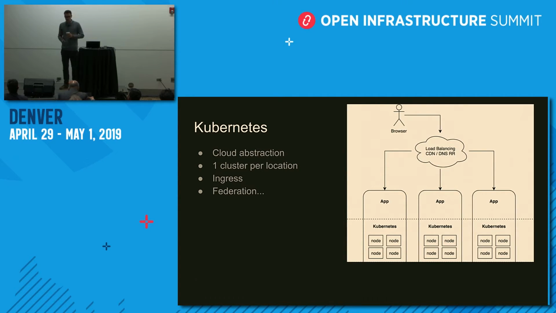What's really, really, really important is to do one cluster per location. It's a really bad idea to do one cluster across several locations. You're kind of destroying the benefits you get from Kubernetes if you do that. So if there's one thing to remember, it's don't do stretch clusters, basically. So yeah, we have one cluster per location, and then we'll take care of that there. Each cluster will have its own ingress controllers, so that's a Kubernetes concept for basically a reverse proxy or edge proxy. And then we'll have to do some form of Kubernetes federation.